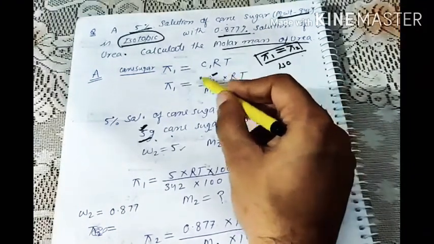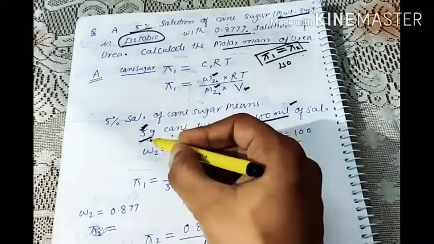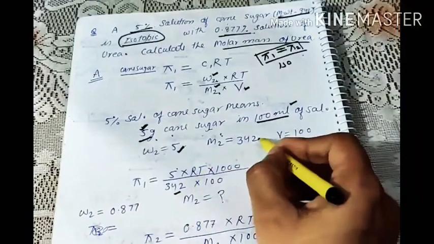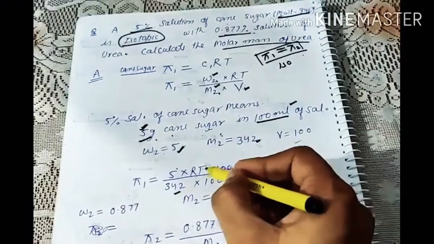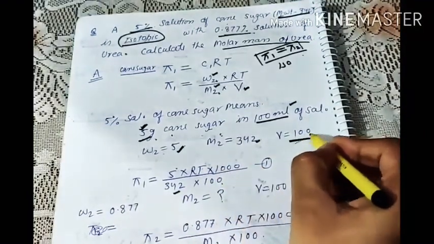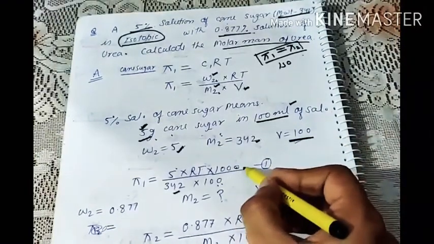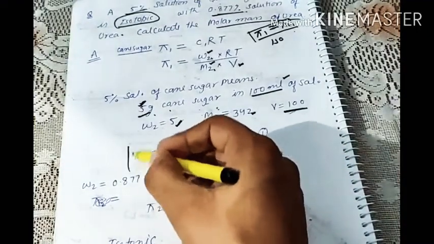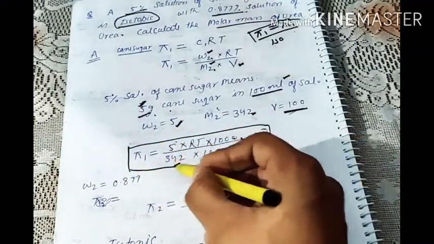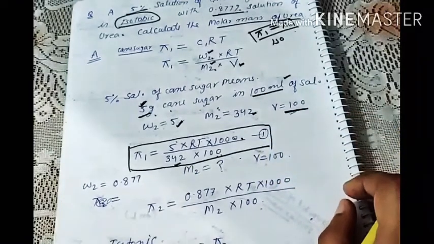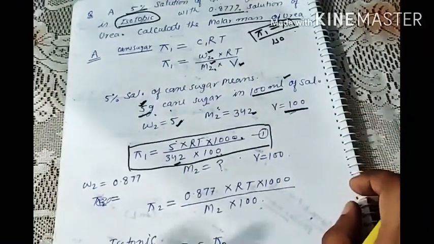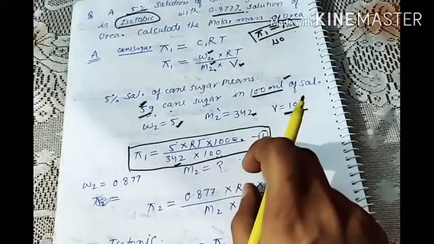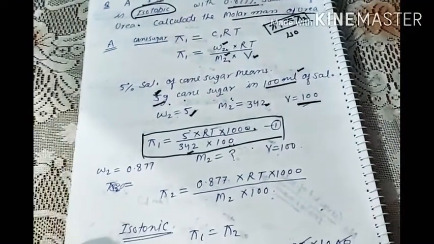RT is given. So after putting the values, W2 is weight of the solute 5 gram, molar mass of the solute is given 342, हमने यहाँ रख दिया। RT ऐसी रहेगा because the volume of the solution is given in milliliter, so we'll have to multiply with 1000, हमने multiply कर दिया। So यहाँ ये सारी चीज़ें हमें कैलकुलेट नहीं करना है, ये ध्यान रखना। जब भी whenever it is given isotonic solution, there is no need to calculate, just we'll have to find out the first osmotic pressure value, okay। हमने यहाँ से निकाल लिया osmotic pressure।